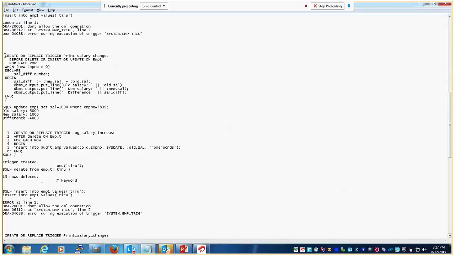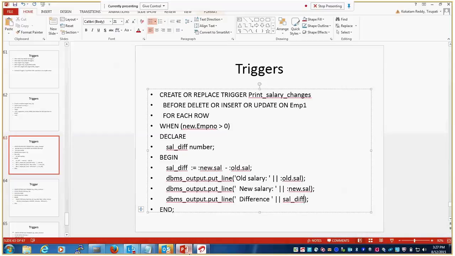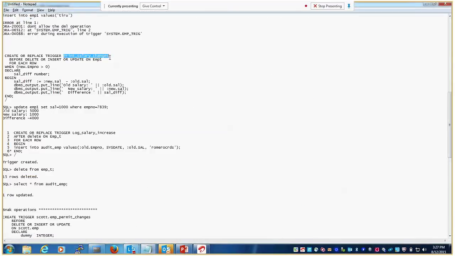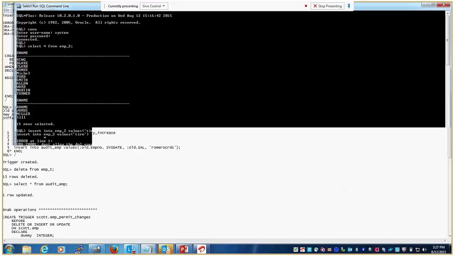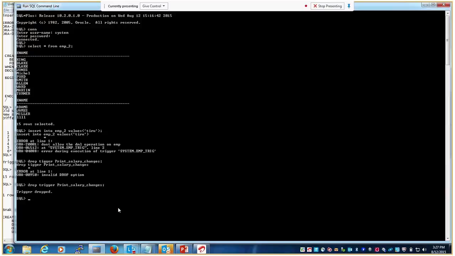Then I will execute the same trigger. This is the syntax to drop any trigger: drop trigger, trigger name. Right now the trigger is dropped.